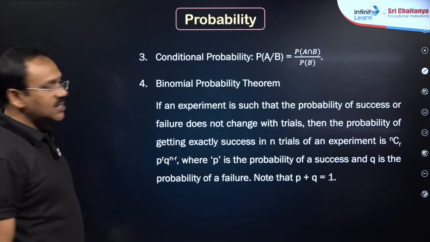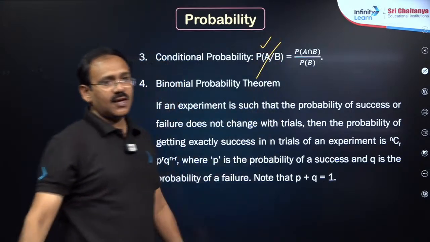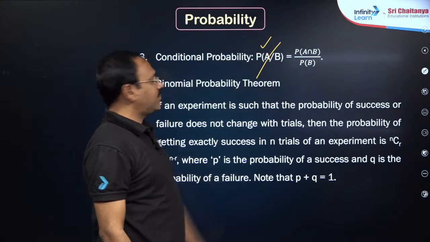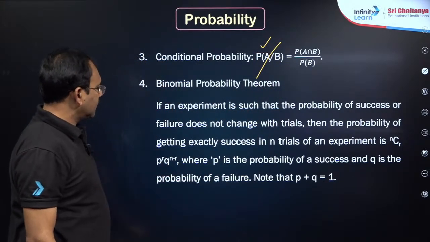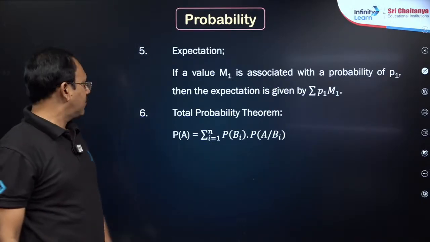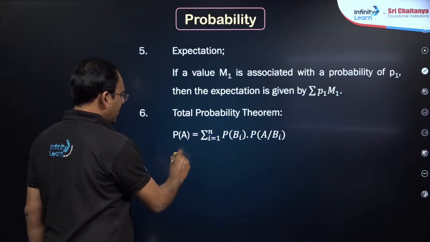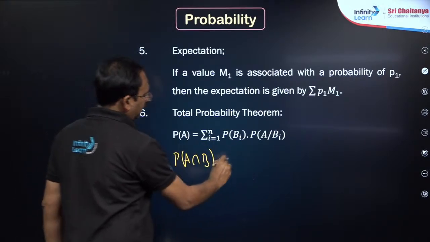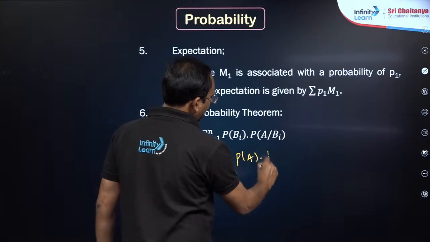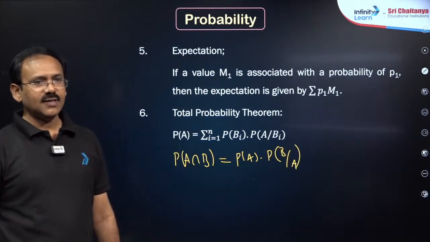And dear students, conditional probability means after happening of B, what is the chance of happening of A, which is P of A intersection B by P of B. Then expected means average, mean only. Here the point is, after that conditional probability multiplication theorem, P of A intersection B can be written as A should happen, after happening of A, B should happen. Okay, right?